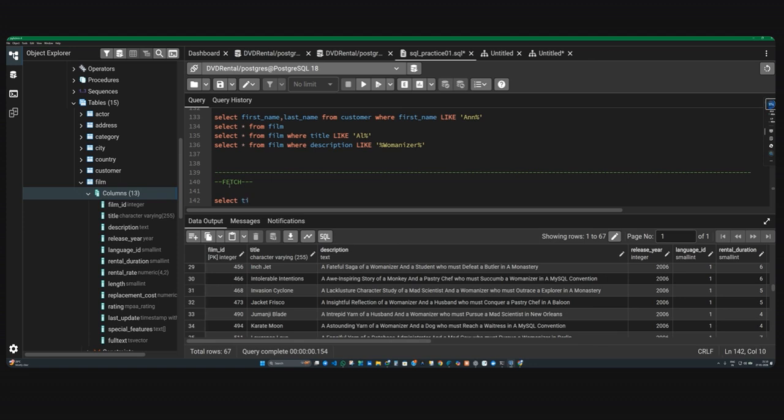Select title, and I'll use rental rate. Another column called rental rate, from which table? From film. Okay, I'll say fetch